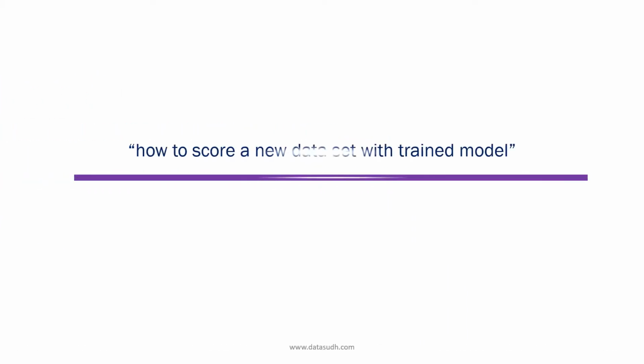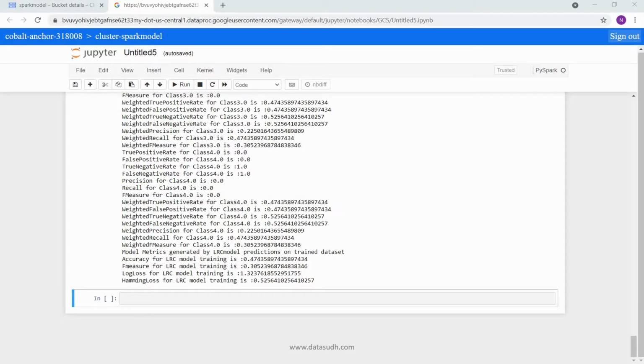In this lesson, we are going to see how to score a new dataset with the trained model. So in our case, this dataset will be the test dataset. Now we are going to score on a new dataset which we created as a 30% test dataset. This is a new dataset which was not part of the training, and we want to see how our selected model is going to score data which was not included in model training.